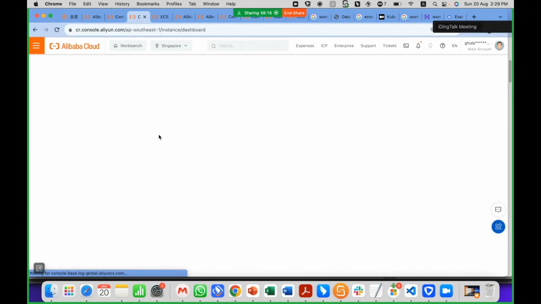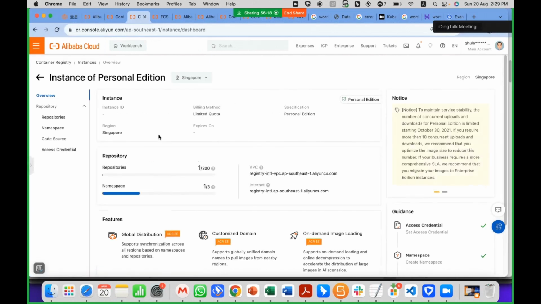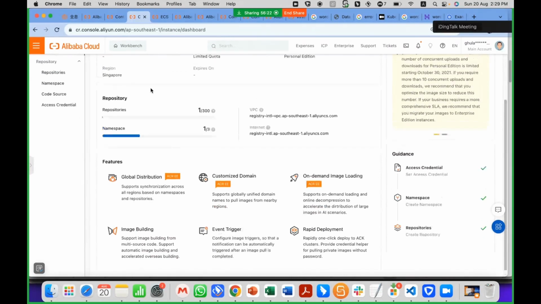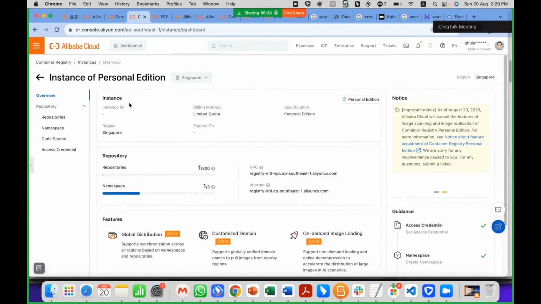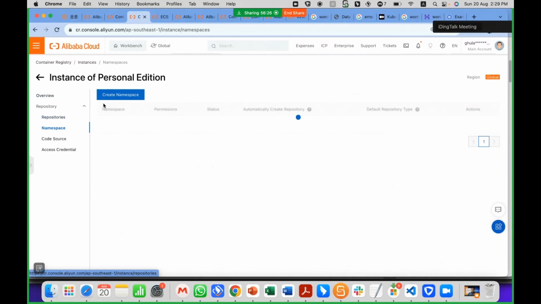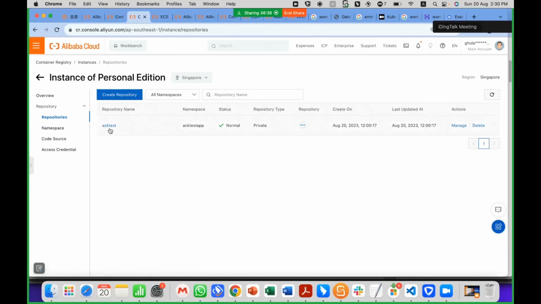So let's move on to my personal edition, where I have an option to create different namespaces and repositories. I already created a namespace, which is private, you can say. So in a private environment you can manage all of your images from the console itself. And once you create a repository, this repository will give you access to all different types of images and resources which you want to deploy on the platform.